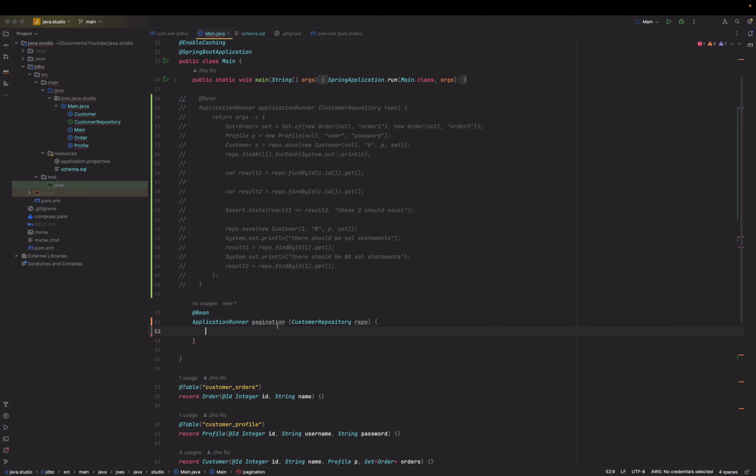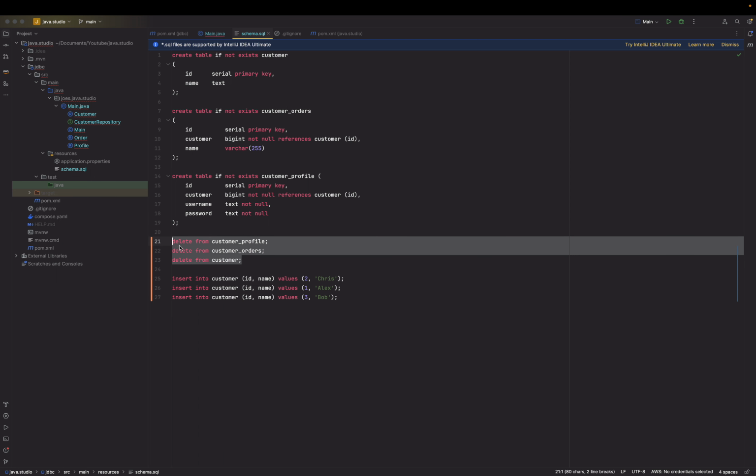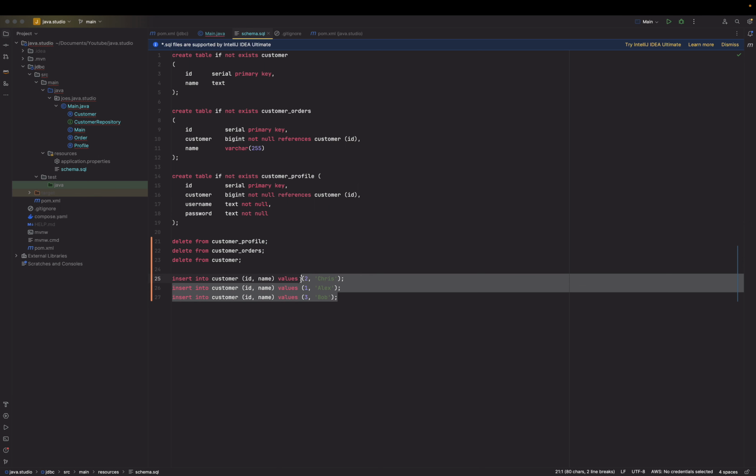All right. So one change I made here before we go into the code. Every time Spring application starts, we're deleting all rows and we're inserting these customers. So one will have ID 2, name is Chris, Alex, and Bob. And we'll be sorting